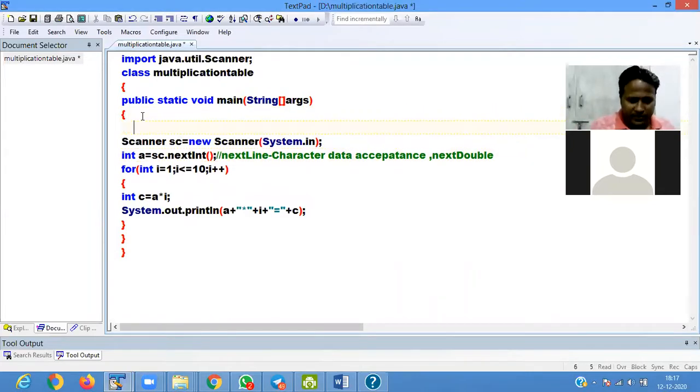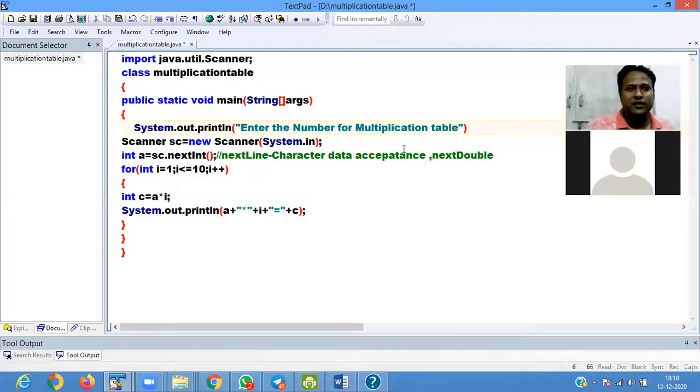You have to display System.out.println, enter the number for multiplication.